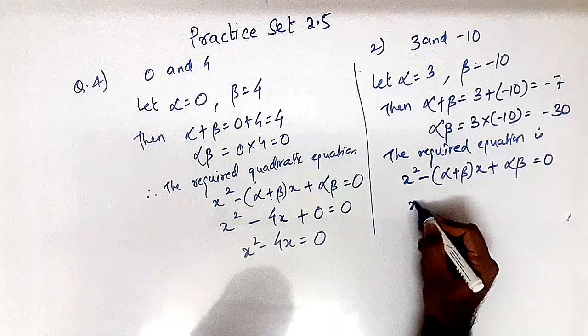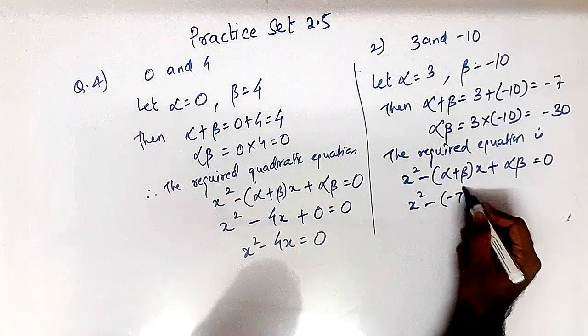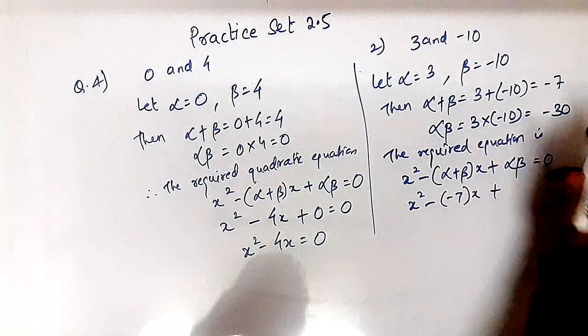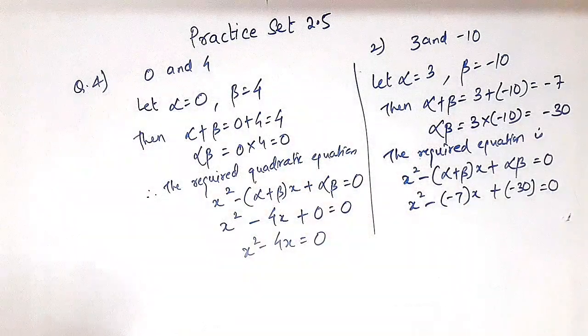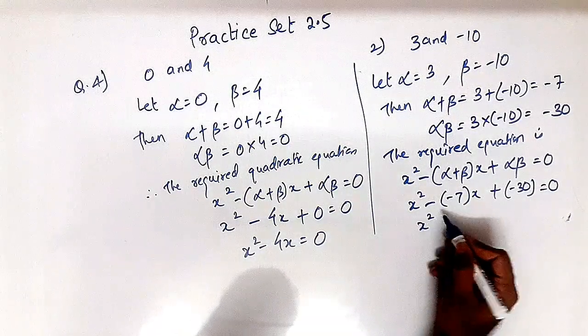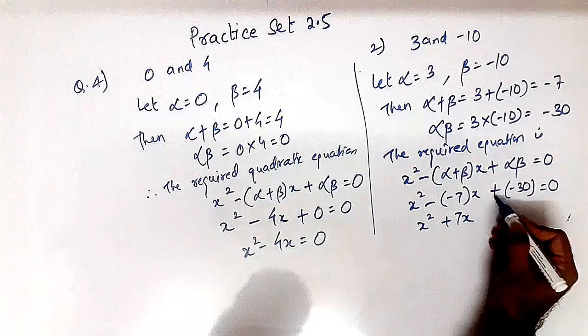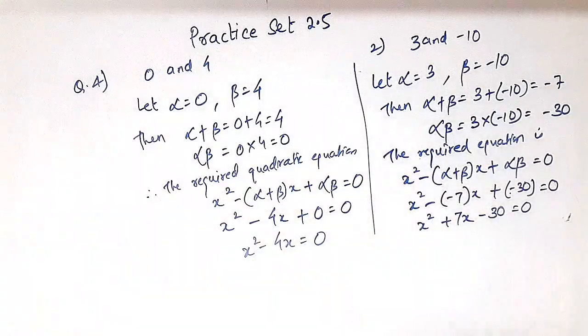Okay, so I'll write here x square minus, what is the sum of the roots? Minus 7. Okay, plus what is the product of the roots? Minus 30 equals to 0. We'll open the brackets. X square, this will become plus 7x. Okay, plus minus will become minus 30 equals to 0. Okay, then